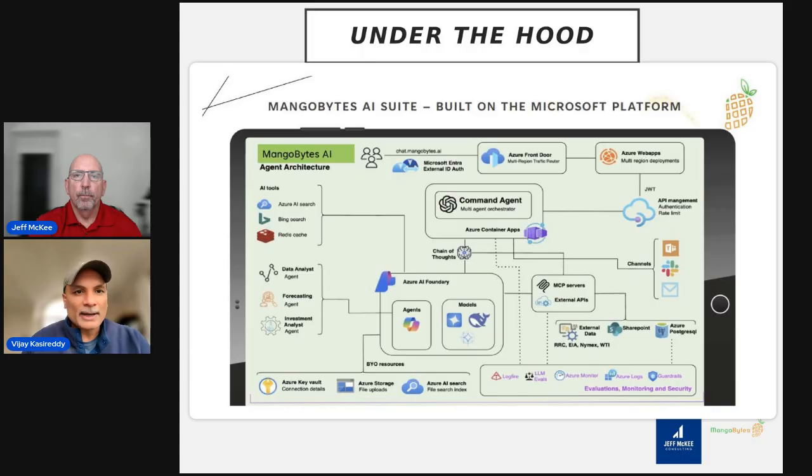But let me actually break it down into multiple pieces. The first one, which I briefly talked about, is the identity and access control. There are a couple of things that I want to emphasize here.